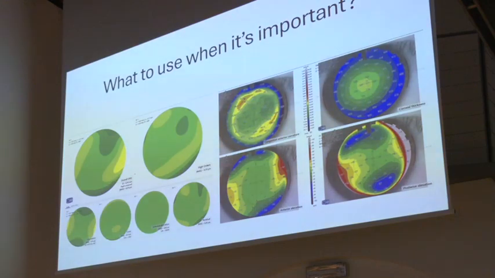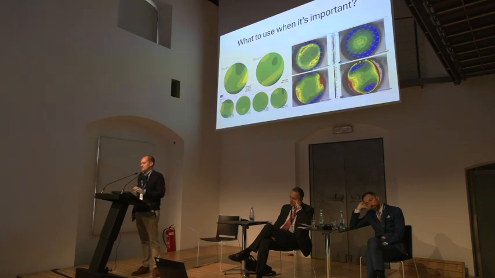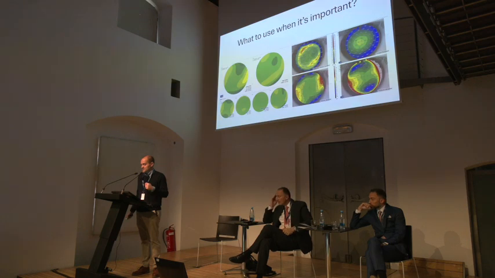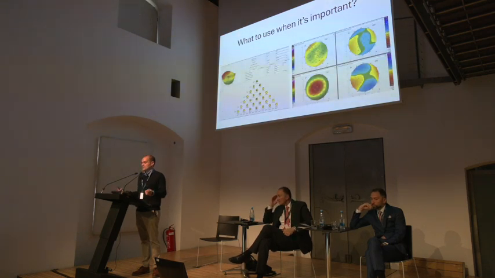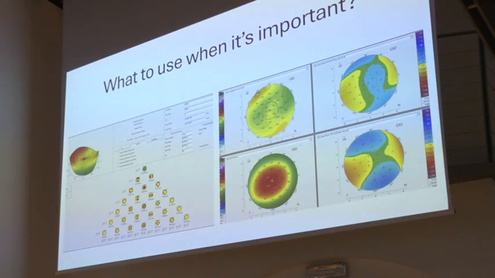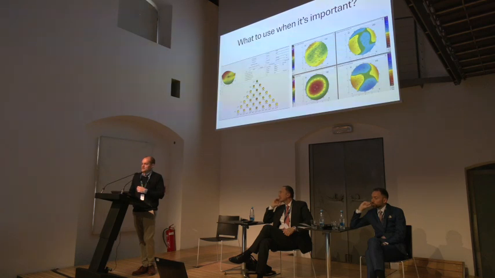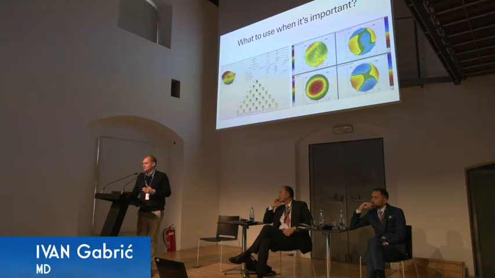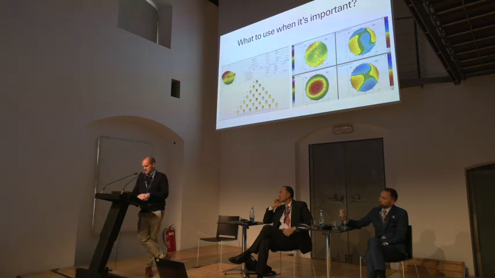But what would you use when it's important? This is a scan from MS-39 and the aberration report on MS-39 and the CSO software versus the same report from the Scheimpflug thing. Well, this was actually my father's eye. He had LASIK for oblique astigmatism, and there was a discussion in our clinic, what lens should we implant? And my colleague who believes in Pentacam said, no, we can't put any sort of premium lens inside. Look at the Pentacam, look at the aberrations, look at everything. It's never going to work.